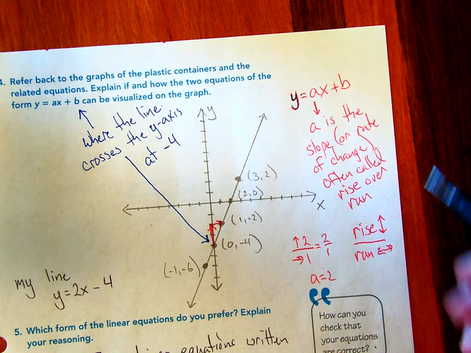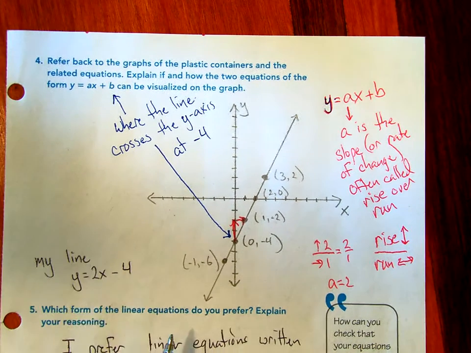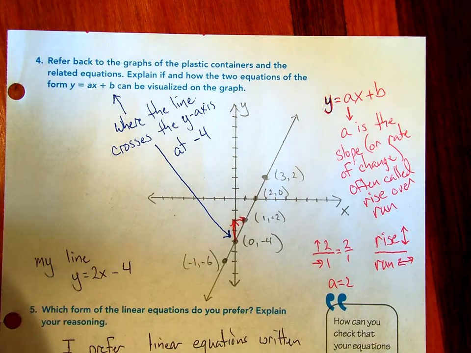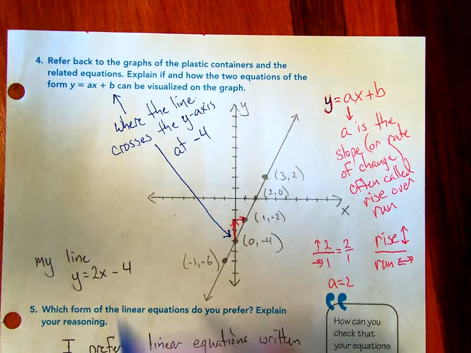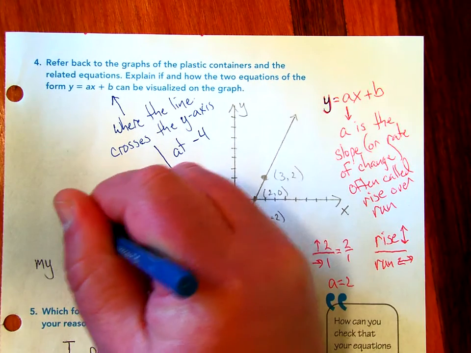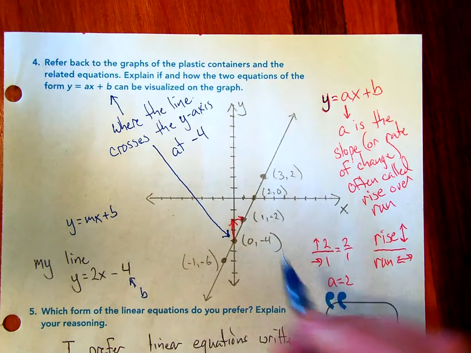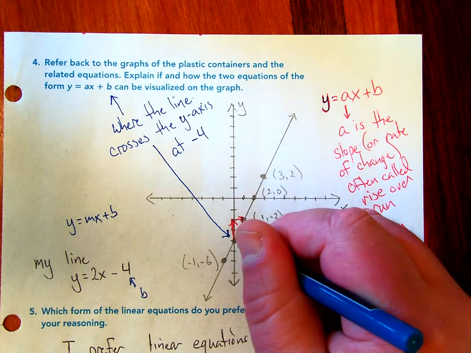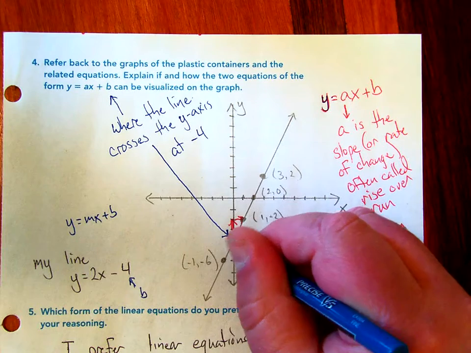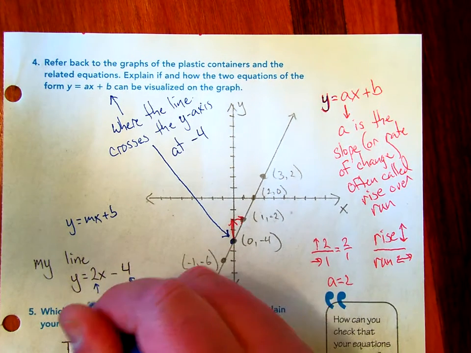Take a look at, I just did a line, and I wrote the equation y equals 2x minus 4. This minus 4, that's the b of y equals mx plus b. So negative 4. This line crosses at negative 4. That's right here, where the line crosses the y-axis at negative 4. And then what's the slope of this line? The slope is 2, which is 2 over 1. That means it goes up 2,